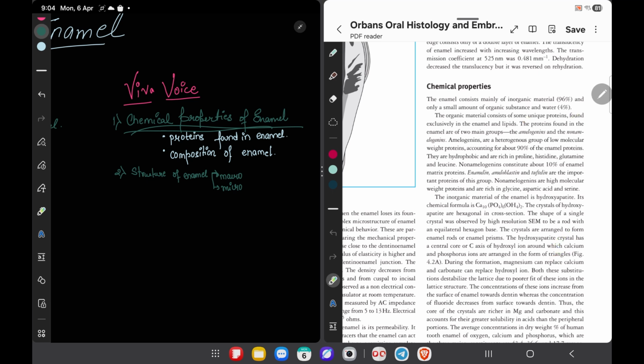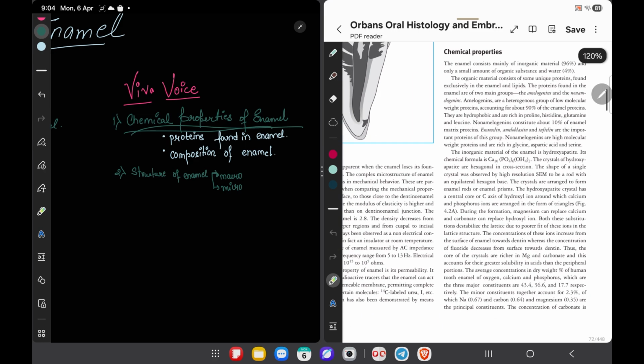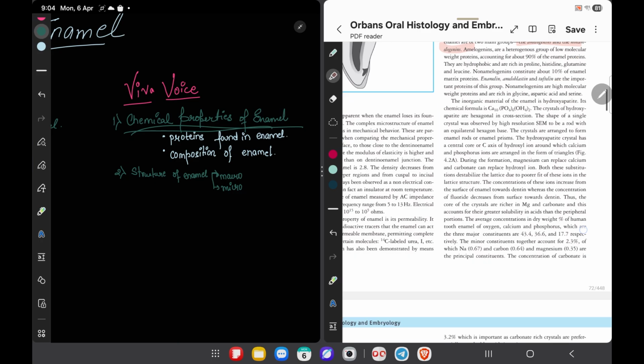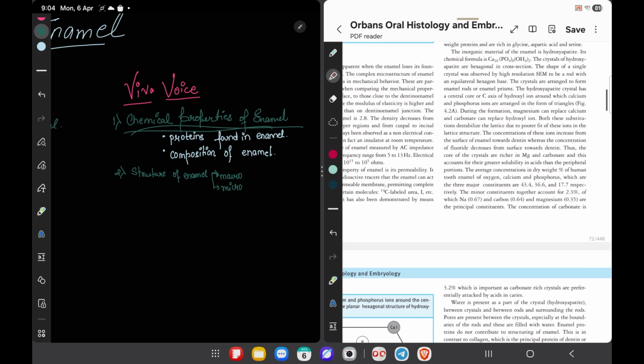Then, about the composition, enamel is made up of proteins known as amelogenins and non-amelogenins. About these proteins, you have to know. I'll just underline it: amelogenous, and inorganic and organic material. Now, about this very important formula, this is the formula of